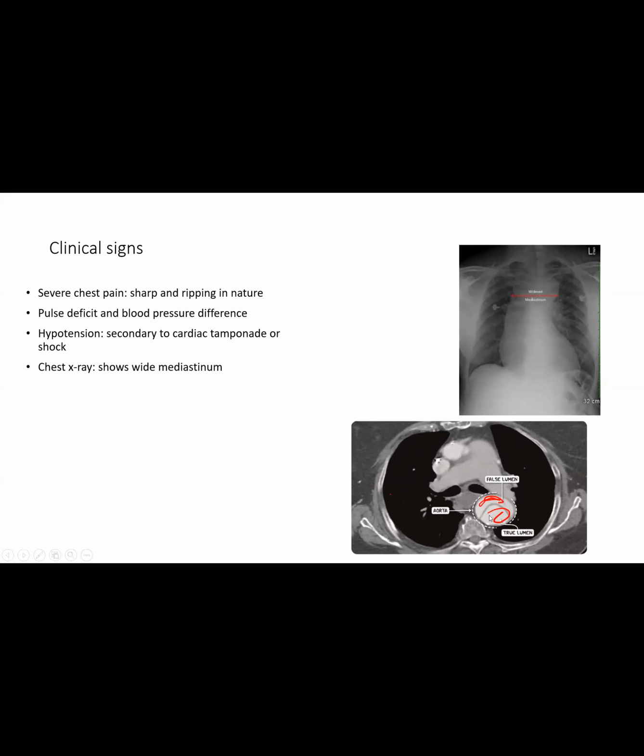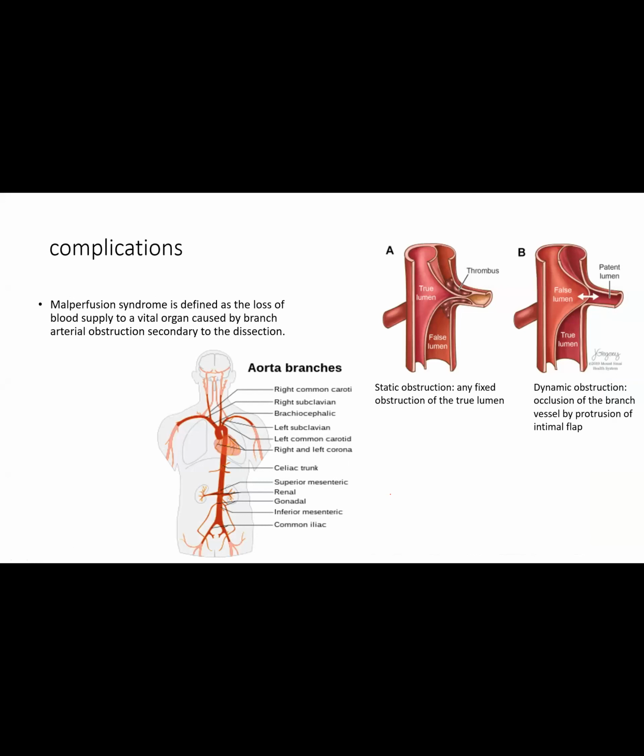On CT scan, the true lumen is the actual aortic lumen, and the false lumen is the lumen formed as a result of dissection between the tunica intima and tunica media region. So in terms of complication,